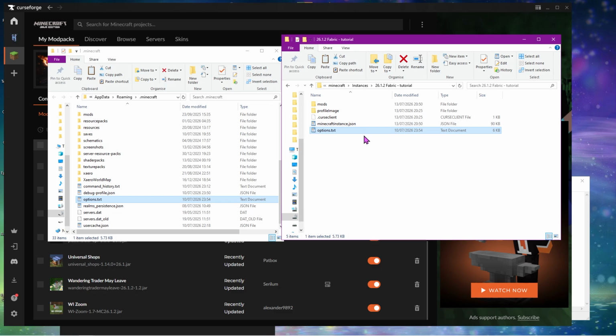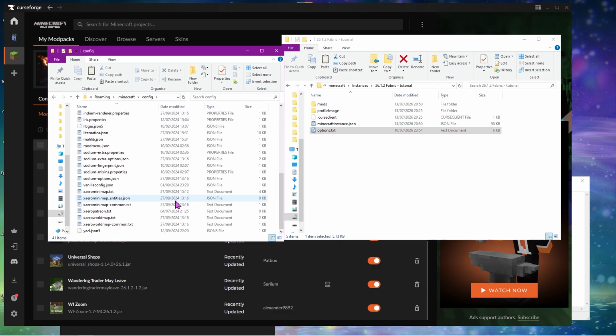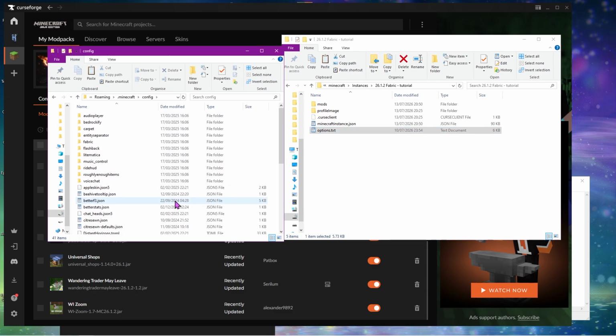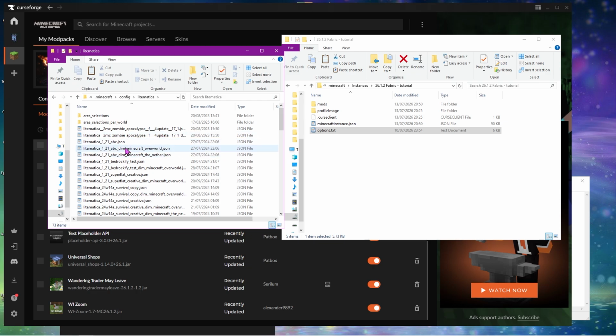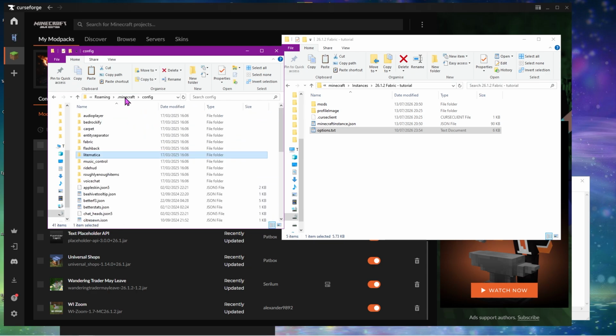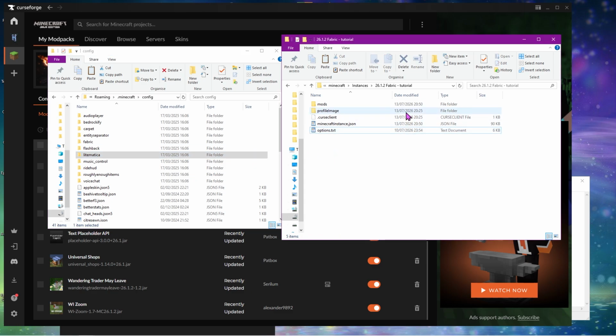If you've played with mods before, there might be another folder you wish to copy over called Config. This folder contains some of your settings for any mods that you've played with before, as well as some extra information. For example, if you've used Litematica, whichever way you say it, you might have your schematics saved in this folder, so that might be something you wish to copy over. You can either copy over the entire folder, or you can just make a new folder inside your profile, title it Config,